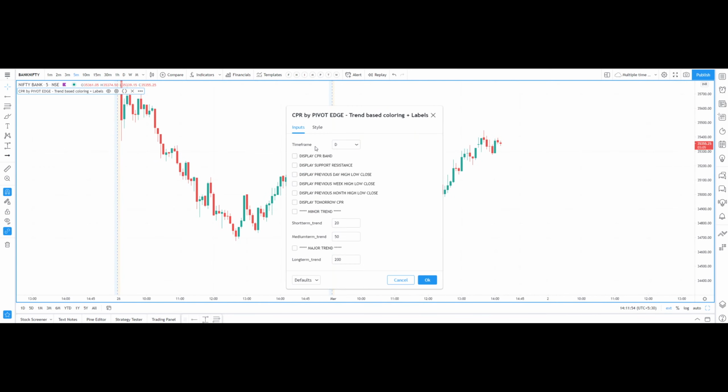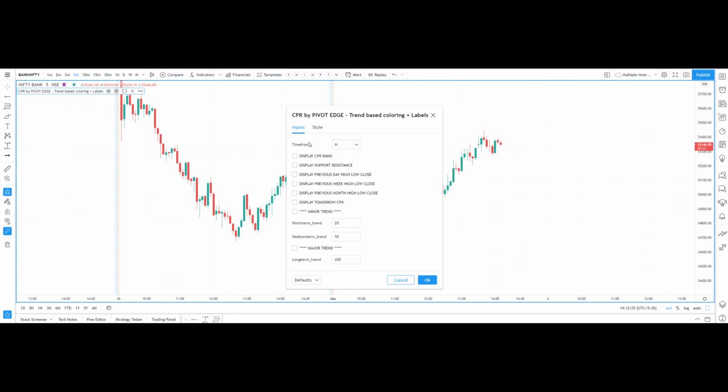Okay. Now here the first option you have is to select the time frame. For example, if you are working for scalping or intraday trading, you can keep this time period option as day. If you are working for small short swing trades, you can keep this as week, so you can look in the weekly time frame and trade. And if you are working for positional or long term investment, then you can keep it as month time frame and trade.